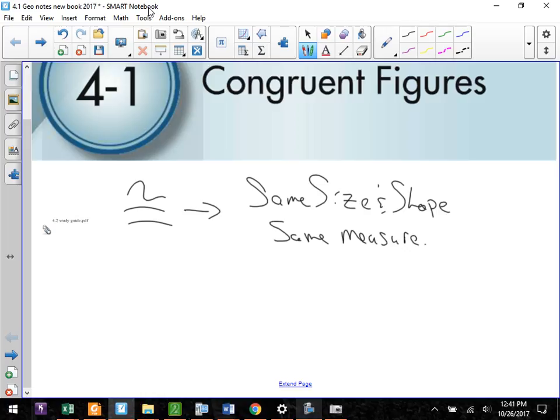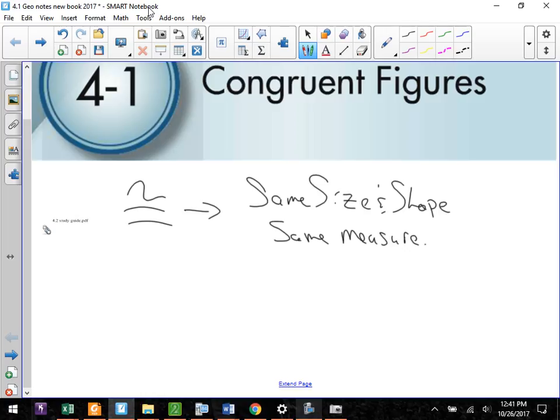Weird. So what I like to do with this is to show you how it works right off the bat with just letters, without looking at shapes. Because if we talk about the idea of having figures that are congruent, if two or more things are congruent,